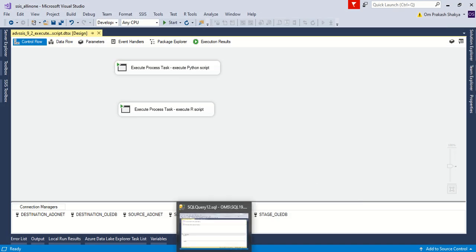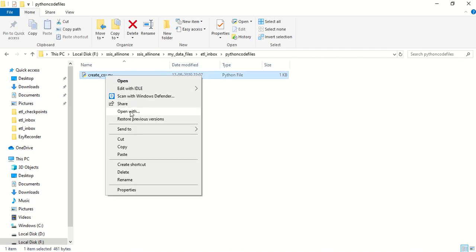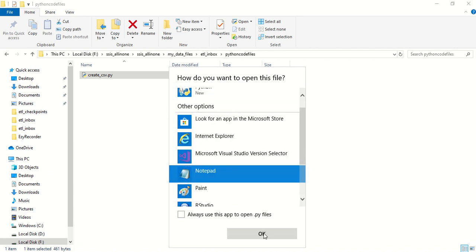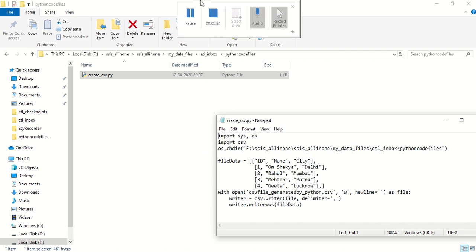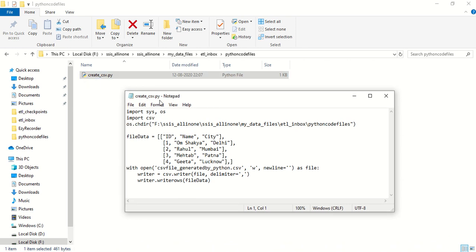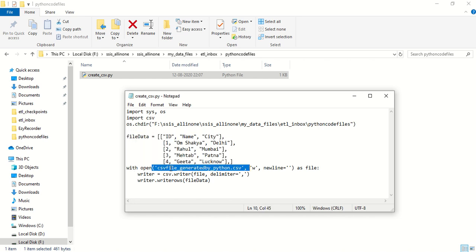And let me show you my script. I have this Python script. Let me open it. So this is my Python file.py. It has a very small code. It is importing a few libraries. It is changing the directory, and it is preparing a list with data and writing this to CSV.